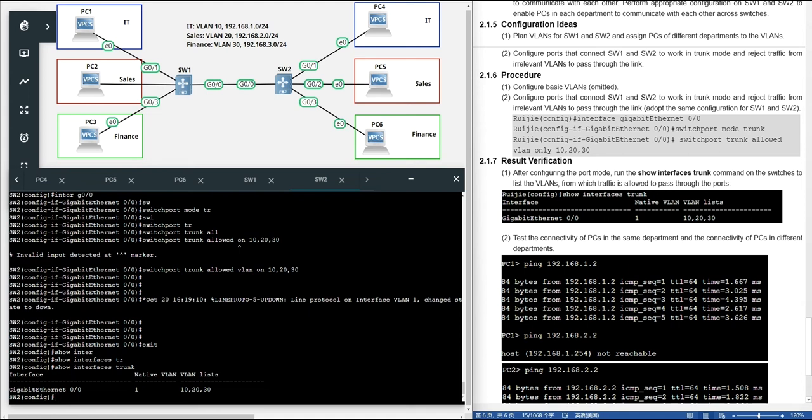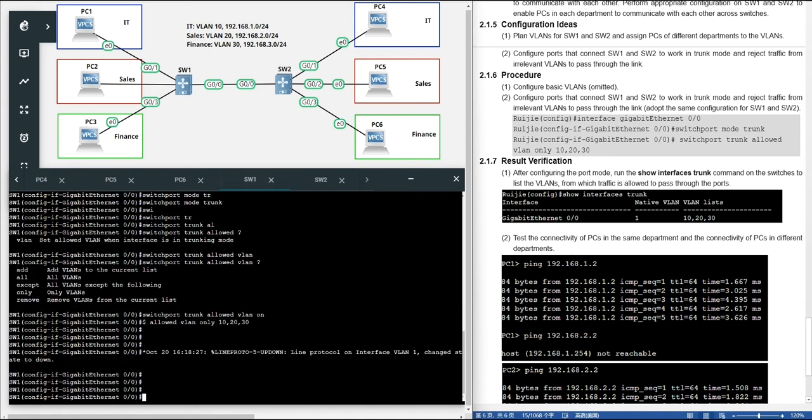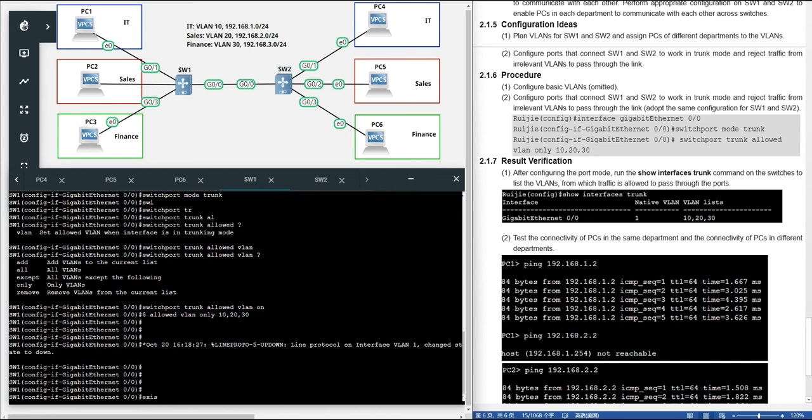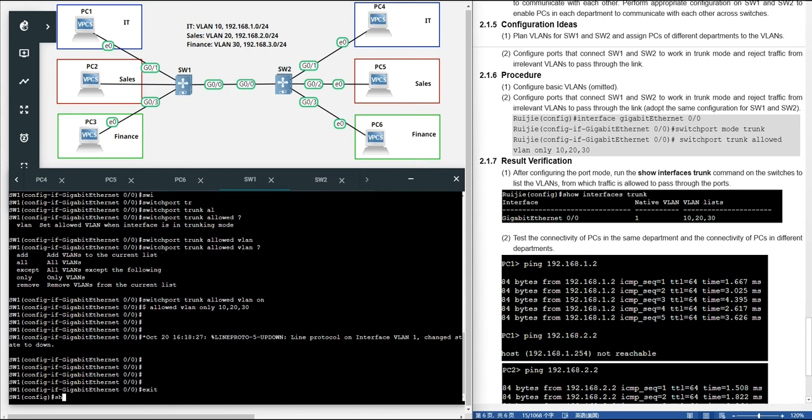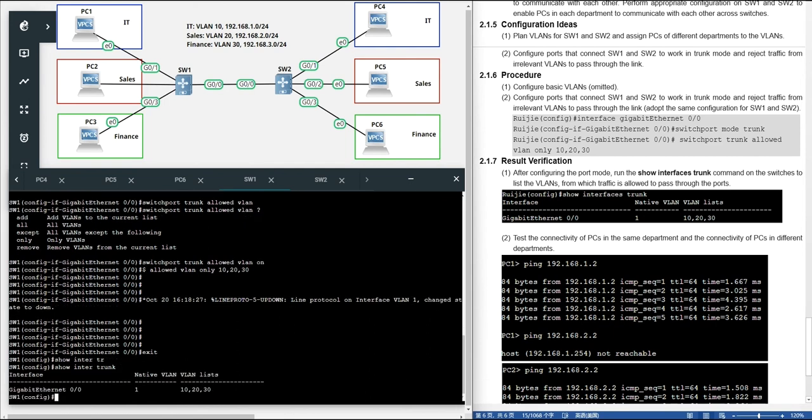And the VLAN list is 10, 20, and 30. If you use the command on switch 1, show interface trunk, the same result, right?